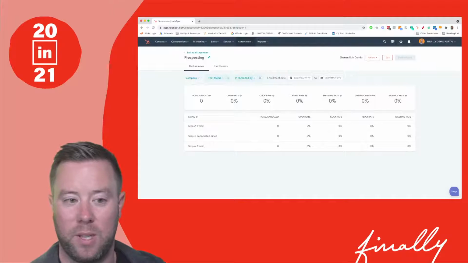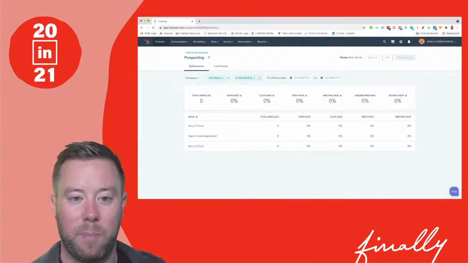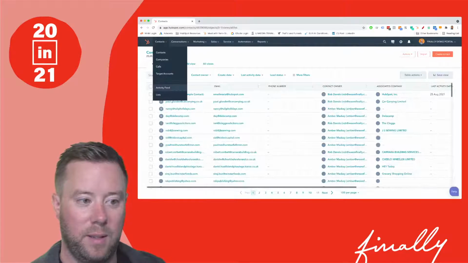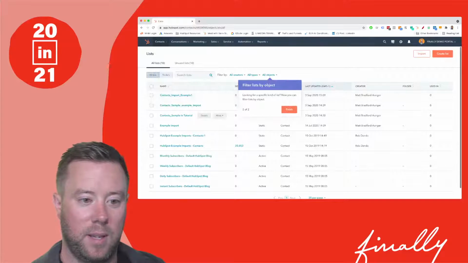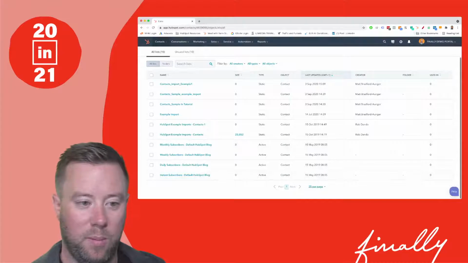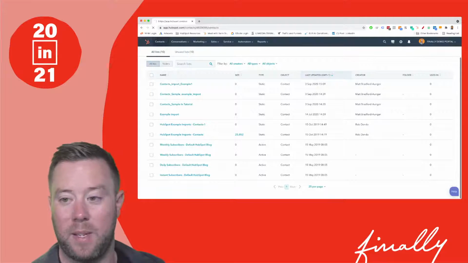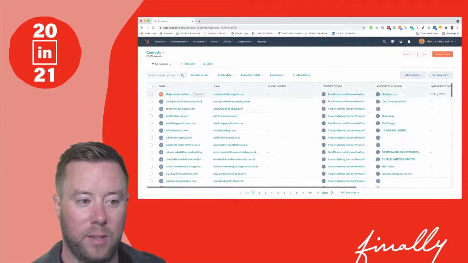You can enroll contacts in different ways. The way I tend to find is by building a list. And hopefully I have under contacts and lists some example. That's 25,000 people. We don't probably want to do that. So let's just go to the contacts database and do this a little bit more manually. So we could select a series of contacts out of our demo here, and